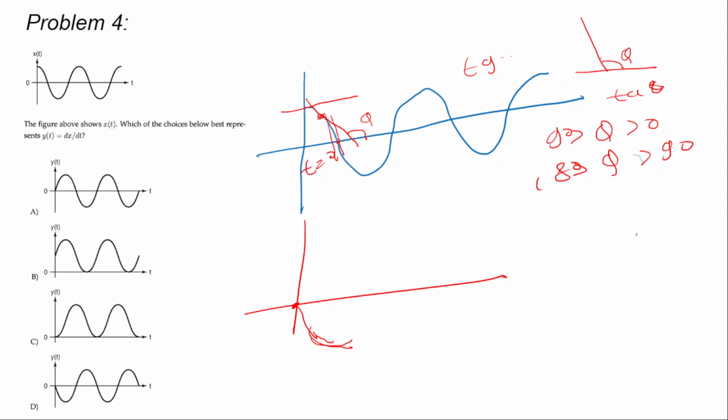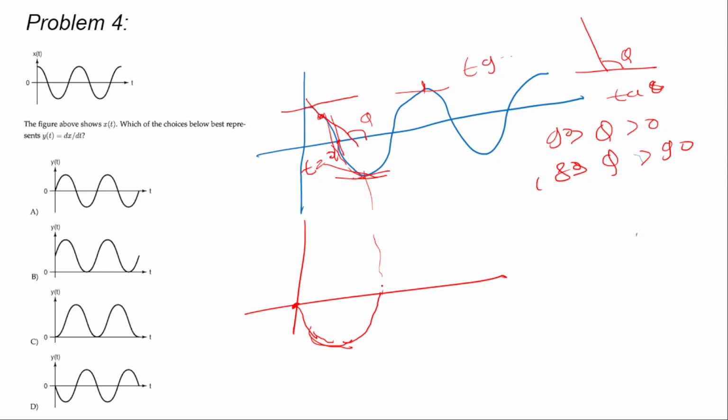So now after this, again it will start reducing towards 0. So here the slope will be 0, here the slope will be negative, so the slope is reducing, so our curve will be going like this. So now after this point the slope will become positive, and here it will become maximum, and after this the slope starts to decrease, and here it will become 0.